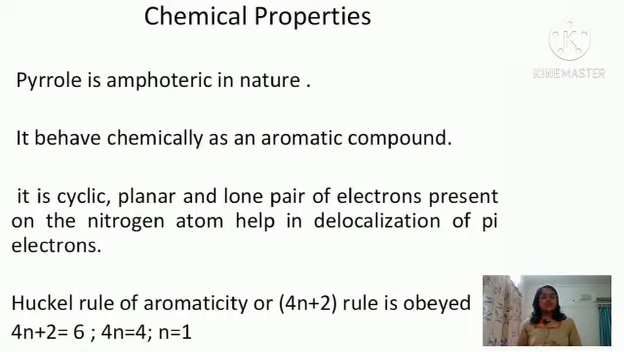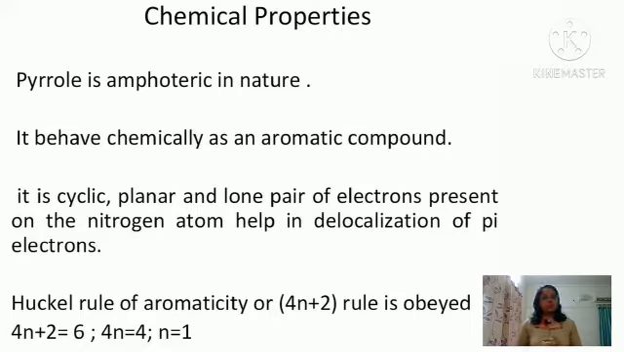So this lone pair of electrons helps in the delocalization of the pi electrons, and thereby all the ring carbon atoms as well as the nitrogen become sp2 hybridized, so that the ring becomes cyclic and planar, and moreover the Huckel rule of aromaticity, that is the 4n plus 2 rule, is satisfied. So 4n plus 2 is equal to 6, that is 4